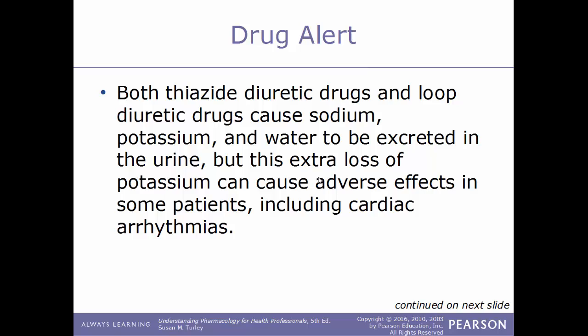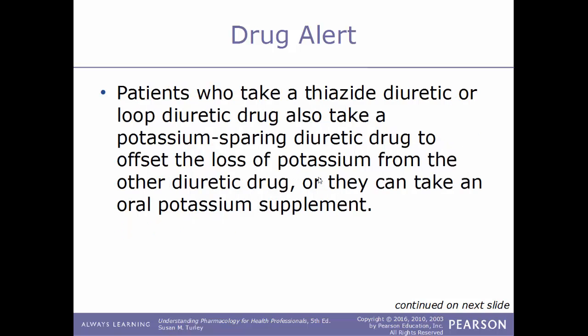Both the thiazides and the loop diuretics can cause sodium, potassium, and water to be excreted in the urine, but this extra loss of potassium can have some adverse effects on some patients. Some of these effects can include cardiac arrhythmias. So patients who take a thiazide diuretic or a loop diuretic will also take a potassium-sparing diuretic drug to offset